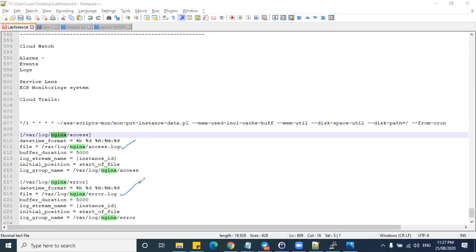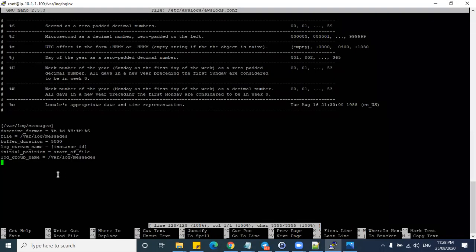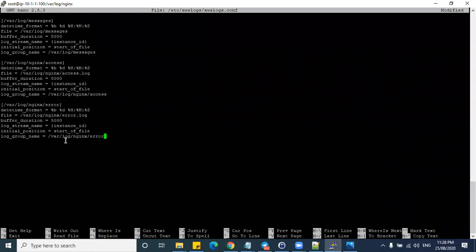Error logs will have the errors of your web server. So under access logs, you can check who has logged in and so on. Now I'm configuring this setup for access under a log group name, and the other log group name is for error. So now let us copy paste this back to our AWS config file. So copy this and I'll paste it here. Okay.